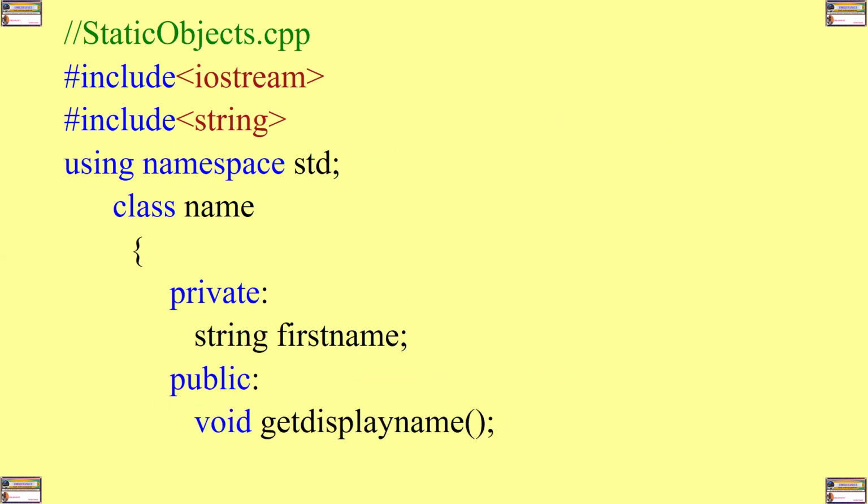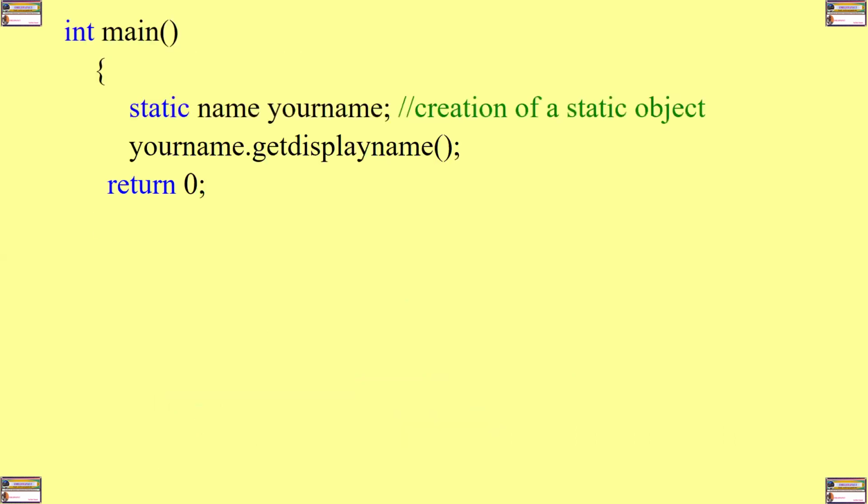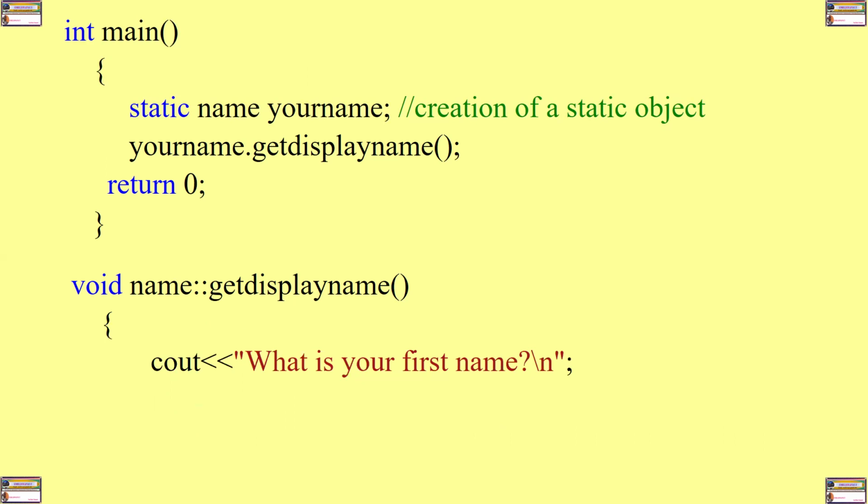And therefore, because the function called get display name is a member of the class called name, once the user keys in the first name or whatever data that he or she will enter, it will be directly stored in the class in which the function get display name is part of, because it is get display name that can have direct access to the data members of the class, and therefore the get display name function will have direct access to the data member